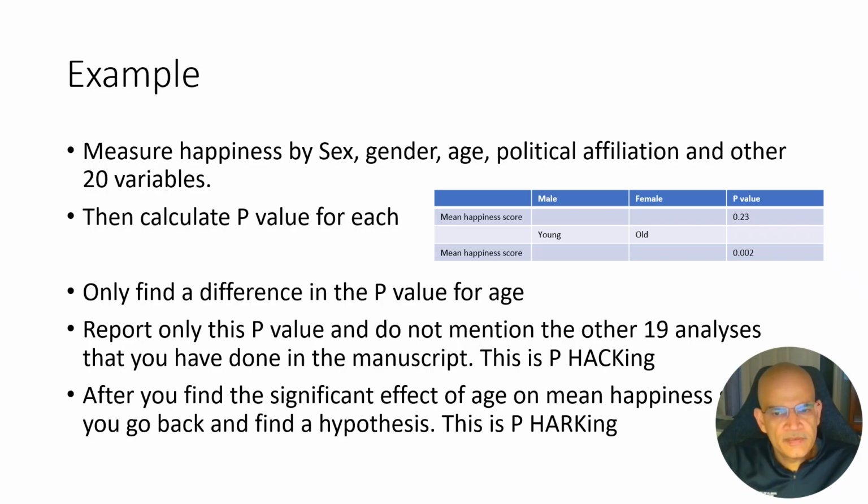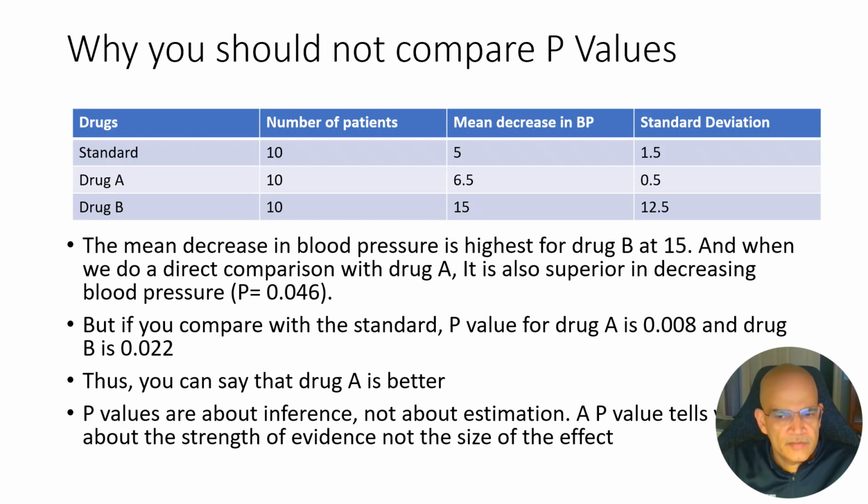It's very easy to do these things these days because it is so easy to do multiple testing now with computers. But always be mindful that you're not doing p-hacking or p-harking when you are completing your analysis. And there's another thing: p-value is not comparable across studies. This drug has a p-value of 0.04, while the other one has a p-value of 0.001. So is 0.001 more significant than 0.04? There is nothing like more significant in terms of exact null hypothesis significance testing.